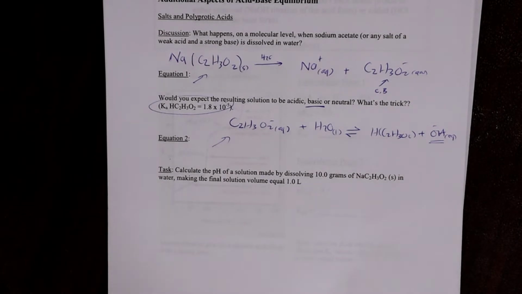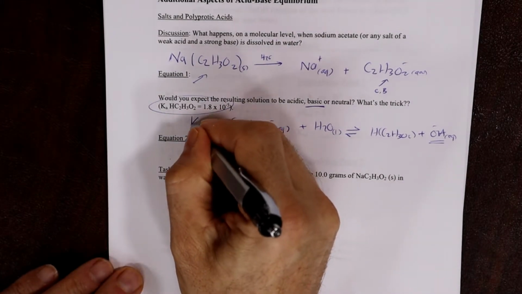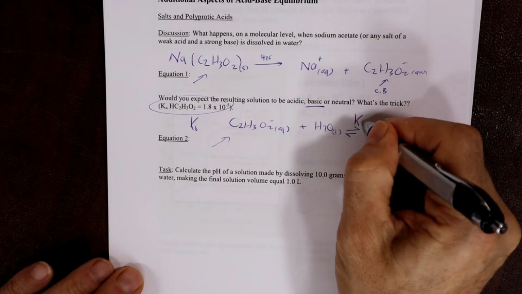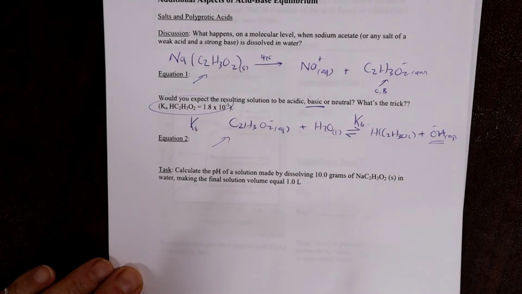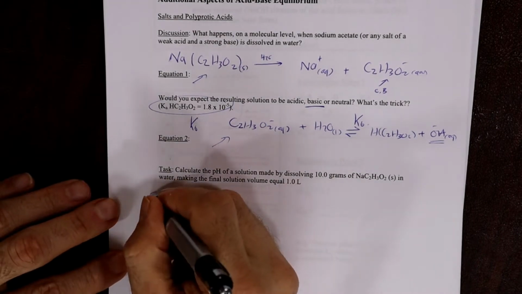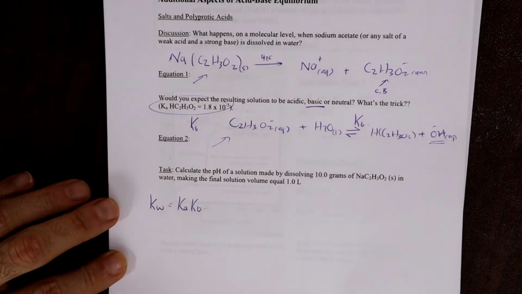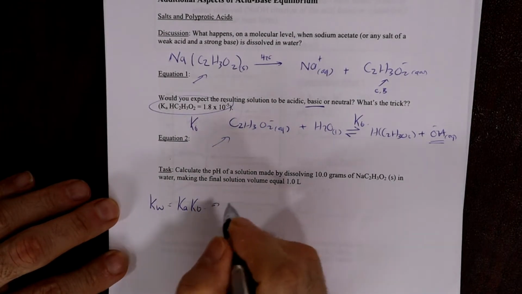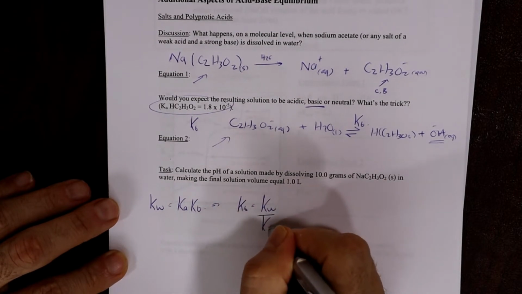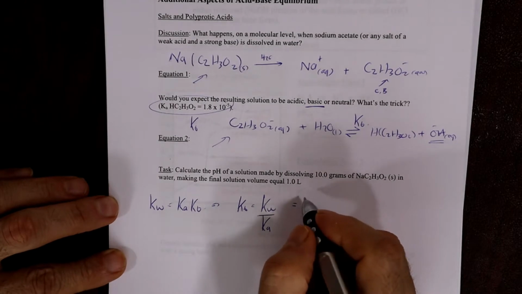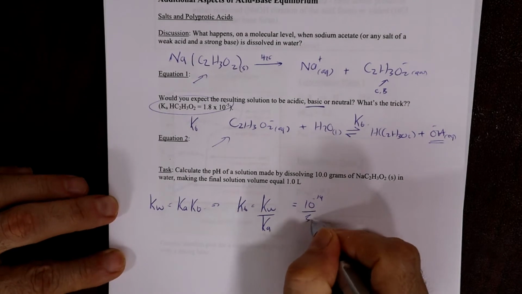They give you Ka for the weak acid, but we have the conjugate base in solution, so what we need is Kb. This equilibrium is governed by Kb because it's the conjugate base reacting, not the acid. So be careful there. First, remember the golden rule: Kw equals Ka times Kb. Therefore, Kb equals Kw over Ka, which equals 10 to the minus 14 over